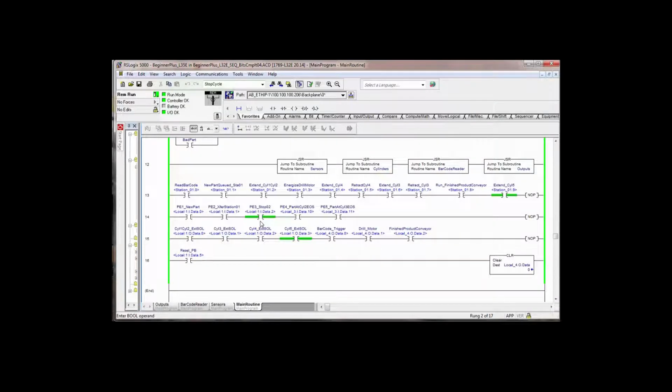So we have one part in the system. If we put another part in the system, we would turn on photo I1 and photo I2 and extend cylinder 1, cylinder 2, energize the drill motor, and you'll see that extends cylinder 4, retract cylinder 4. Once it's retracted, we extend cylinder 3, and then we retract cylinder 3, but we don't go